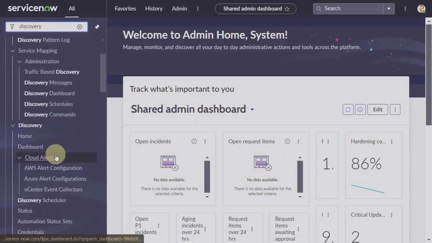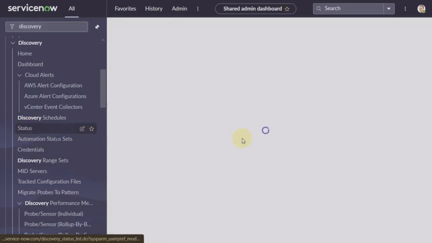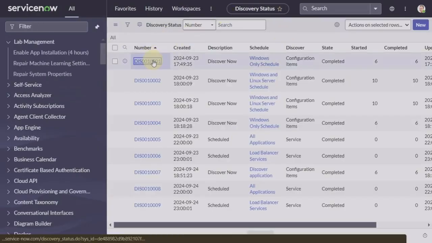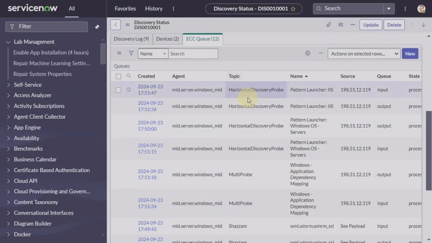In this video, we will learn about horizontal discovery patterns. So let's navigate to discovery status. I just want to show you what I am talking about. So let's go to, suppose, this first status, and you see